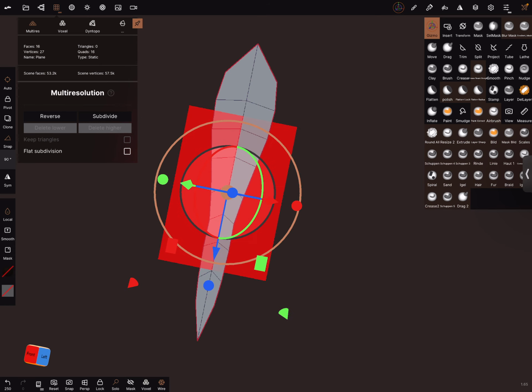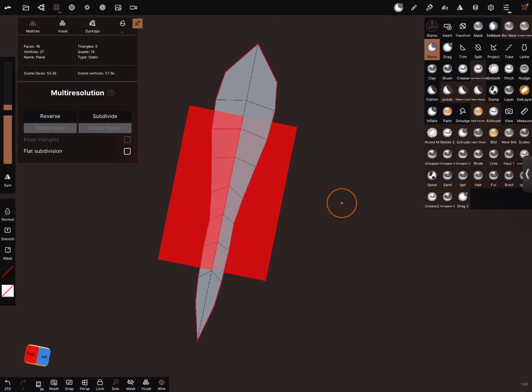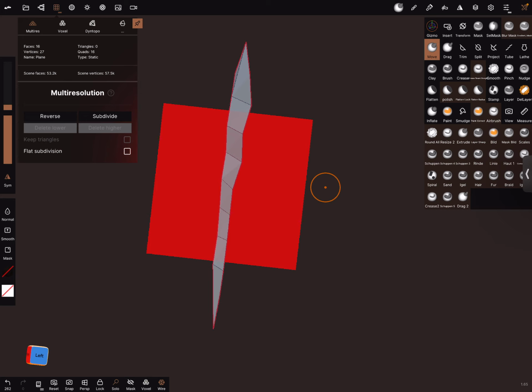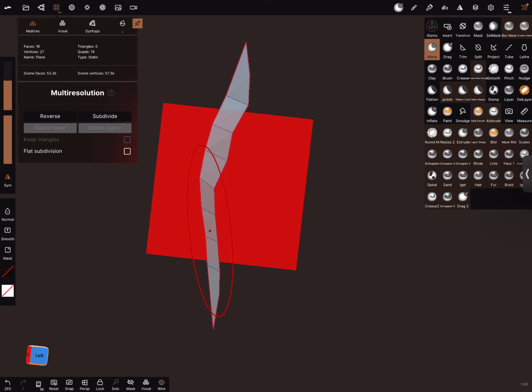We can use the move brush, turn on the symmetry, and you can give it a little bit, make the size a little bit bigger.